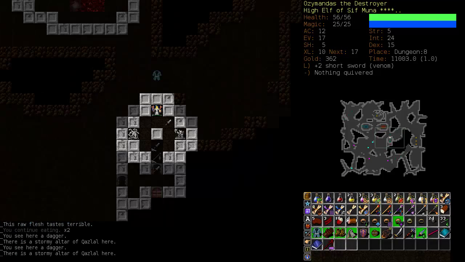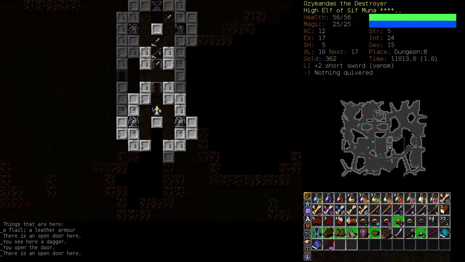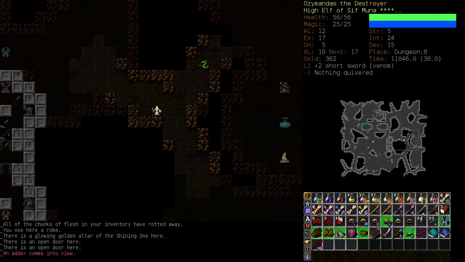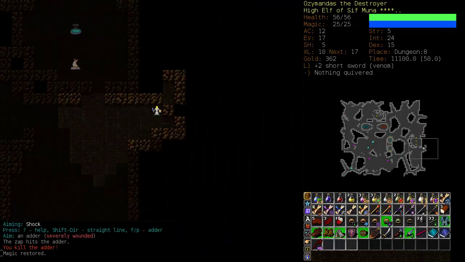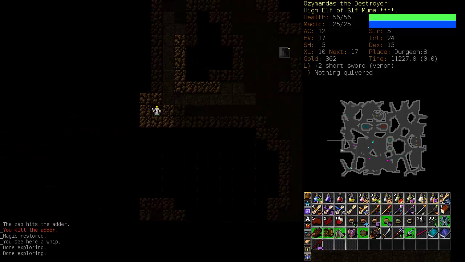Huh. I almost thought it was a bow temple, because all the orcs in there. Who's here? It is the Shining One. And I have never tried any of the good gods. I've tried the healer god a couple times. Can't make sense of it at all, but